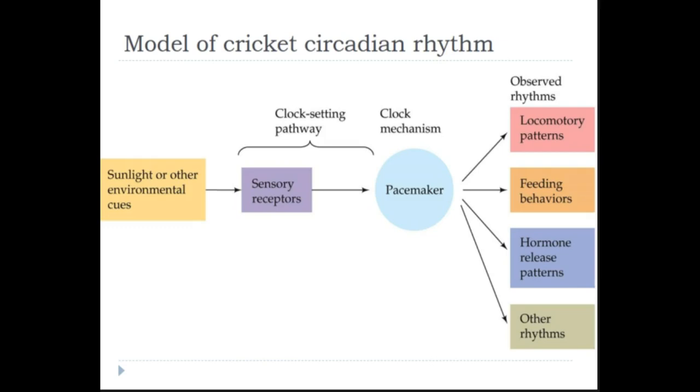If you cut out the optic lobes, at least in a cricket, the optic lobes are parts of the brain that are in charge of processing visual information, but they seem to be the location of the pacemaker. So if you cut out the optic lobes, you lose all rhythm altogether. Not that they won't entrain, they'll just be active at random times and lose any kind of a rhythm to themselves at all. It's not unlike one of the fruit fly mutants that was on the homework also. Good question.